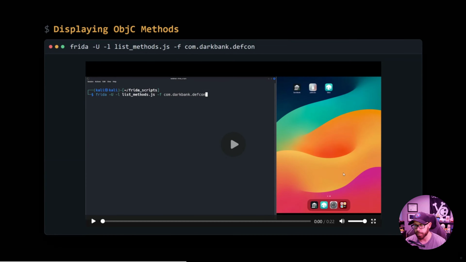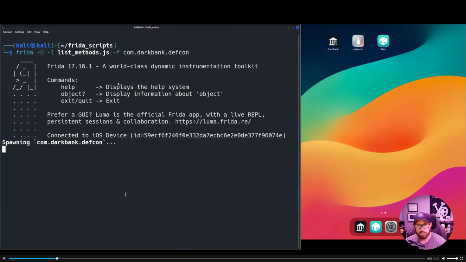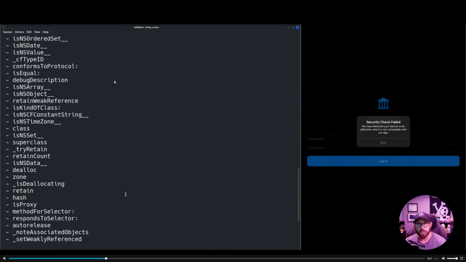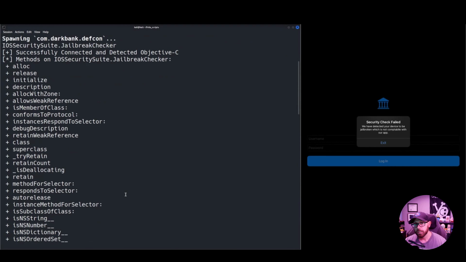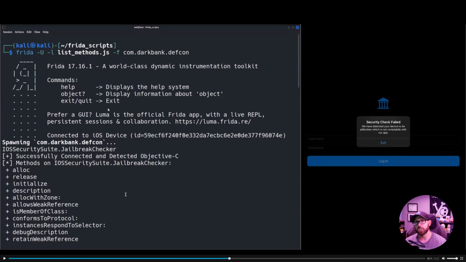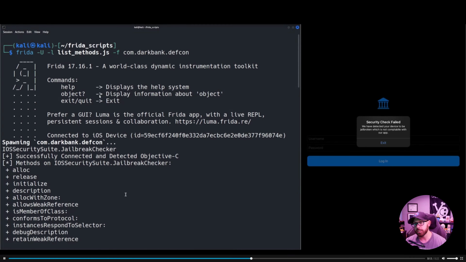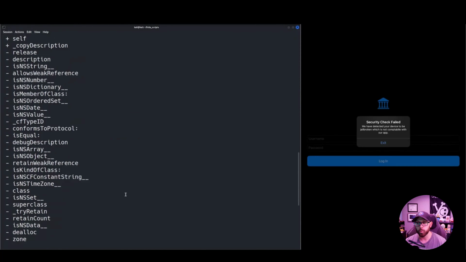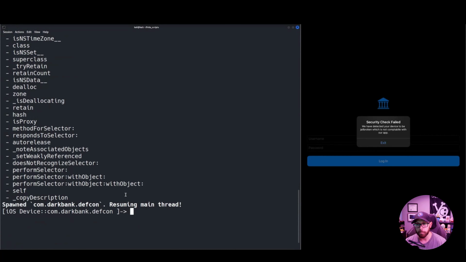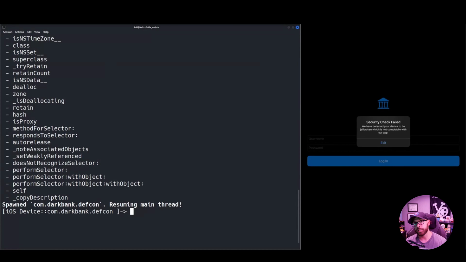So now if we run listmethods.js, we see some output here. Now, during the engagement, I read through this, and to keep the conversation short, I did not see anything of value from this. While there's certainly information in here, nothing screams jailbroken or something worthwhile trying to bypass. And again, what I referenced in one of the previous slides was this security suite is built purely in